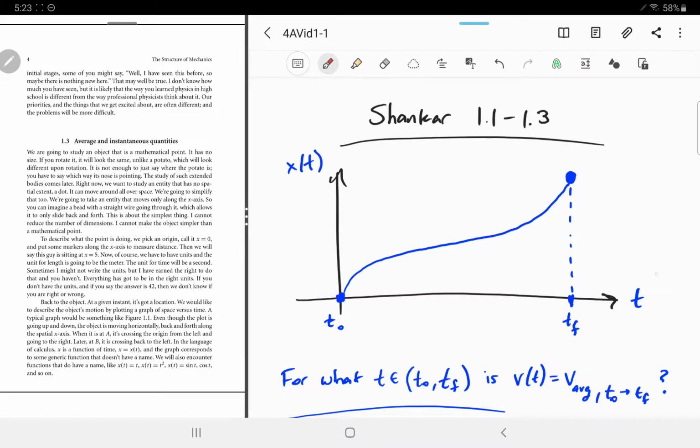So let me just label these: time and position along an x-axis. Next chapter, when we talk about more than one dimension, we can have several of these graphs, like x-coordinate versus time, and then a separate graph with the y-coordinate versus time. Okay, so